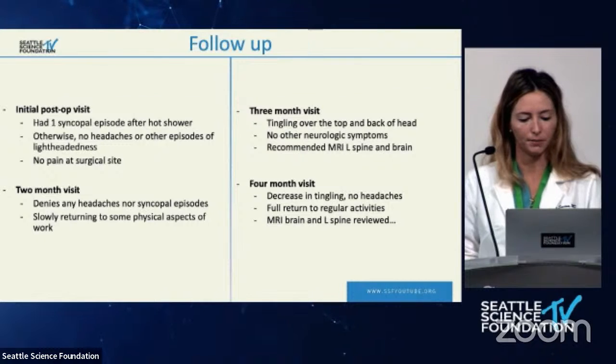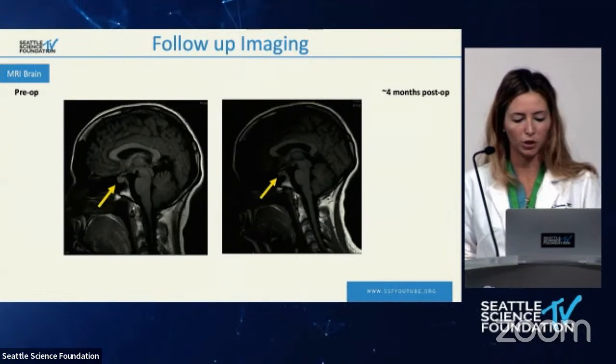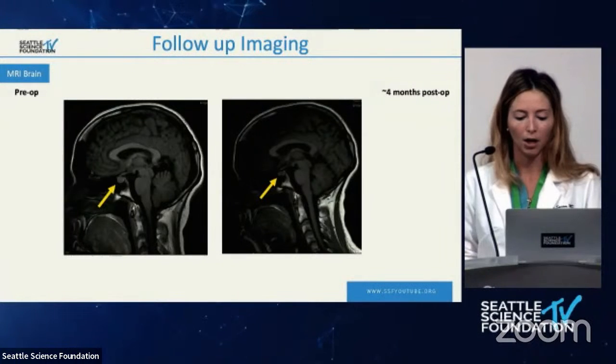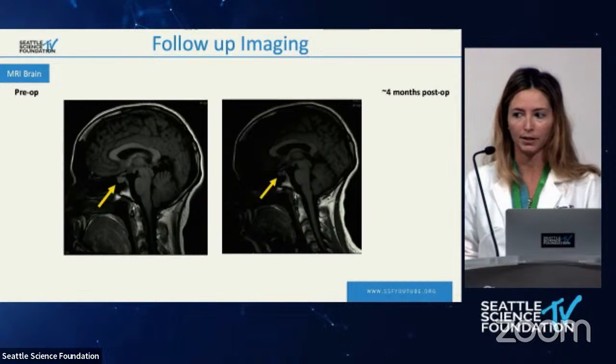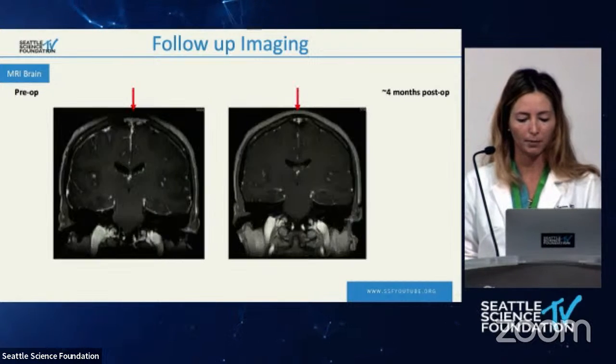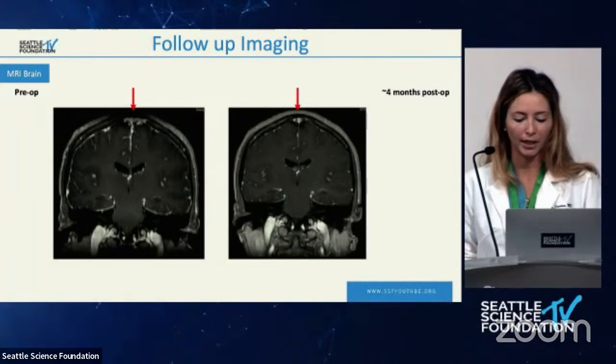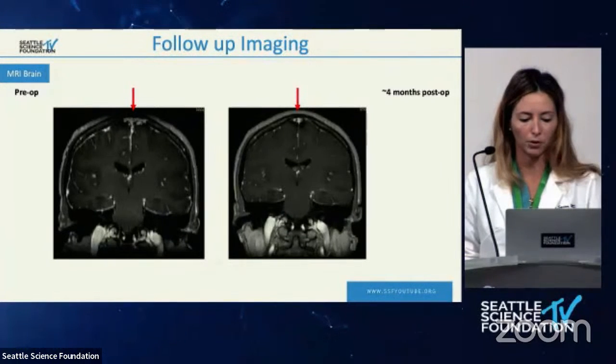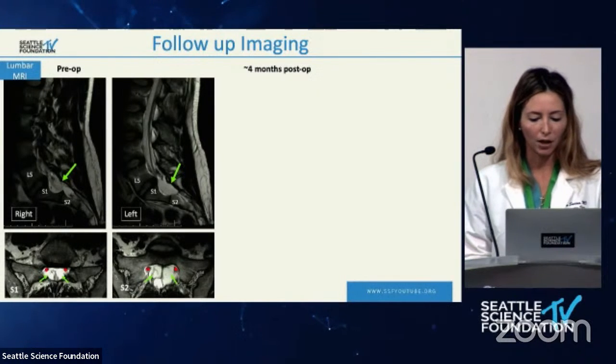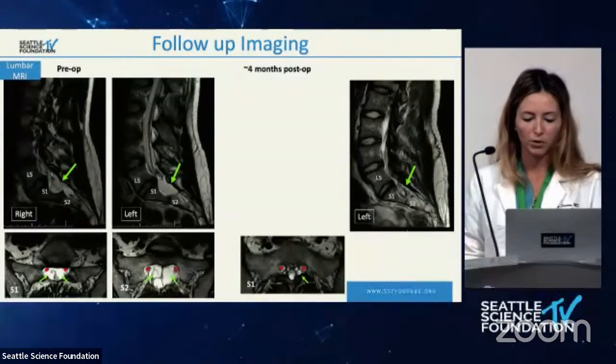So just very quickly, as I'd mentioned before, pituitary prominence on MRI is a sign of intracranial hypotension. And here you can see that she had decreased prominence at her MRI 4 months post-op. And as well, increased pachymeningeal enhancement, which is another sign of intracranial hypotension, had decreased on her 4-month post-op. And for this, instead of doing a video, I just decided to take the slice that had the starkest contrast. So on the MRI of her L-spine, there was only a small residual of the cyst associated with the left S1 nerve root.